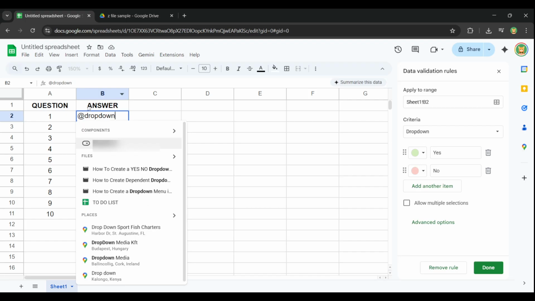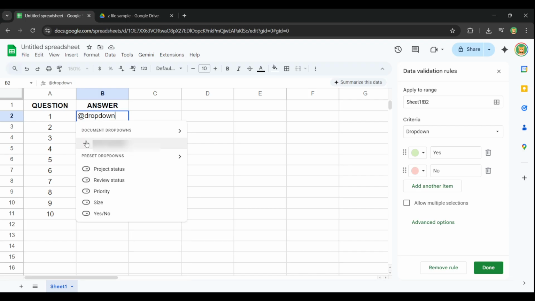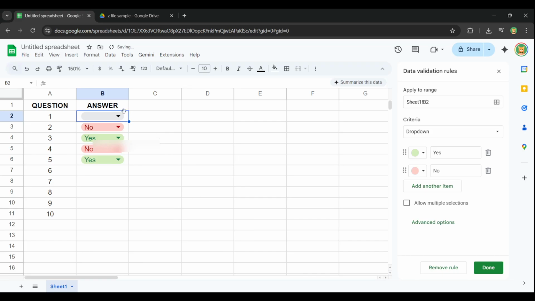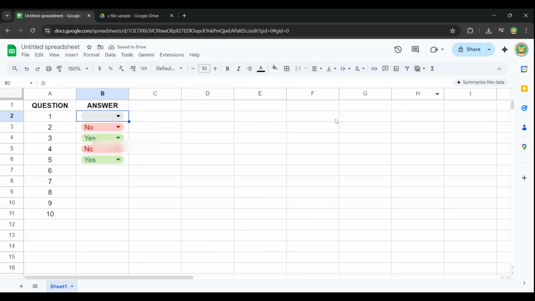And if you choose the wrong option in the cell, you can always undo with Ctrl+Z on Windows or Command+Z on a Mac. You can repeat this exact move. Type @, go to dropdowns, pick yes/no, wherever you need it in your sheet. It's the same quick process each time, and you'll have a clean, uniform look across your data without any extra